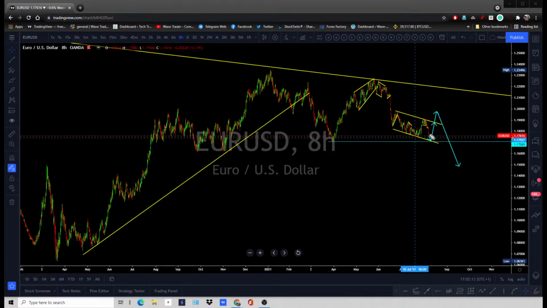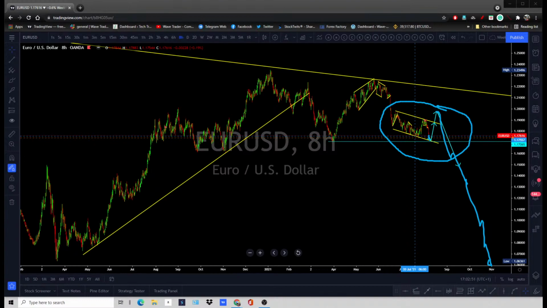So price to hold these areas, 1.1750 or 117. If price struggles to break below 117 and bounces up from 117, then first go all the way up to 1.19, and if it is going to be strong, then go all the way up to 120 and hold that 120, and then again drop from 120 back to 117, or a bigger aggressive drop to the downside. So euro dollar can stay within that circle for the next 1 to 2 months.